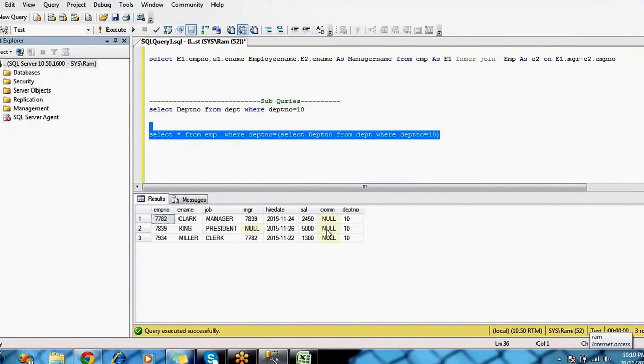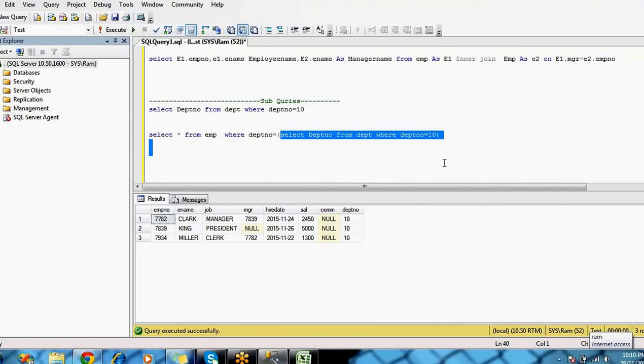Same result is coming. So what happened exactly in this subquery? What is the meaning of subquery? A query inside a query. So this is the main query, right? Select star from EMP where department number equal to something. Inside this query, you are writing some other query, that is the subquery.